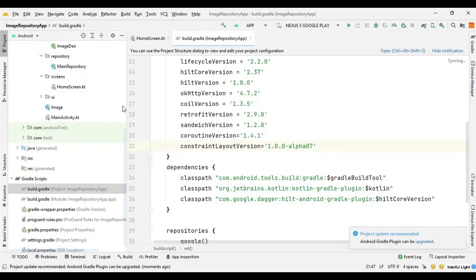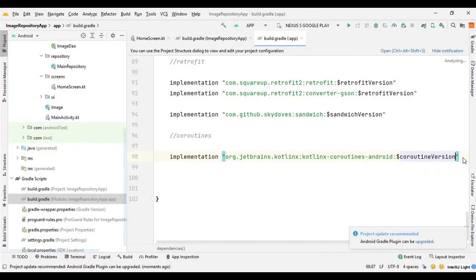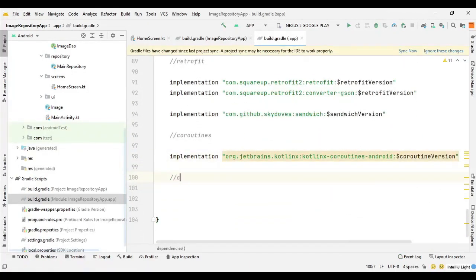Now we can declare the dependency in the app level build Gradle. So here I can say constraint layout. So many typos. Anyway, this is not necessary.